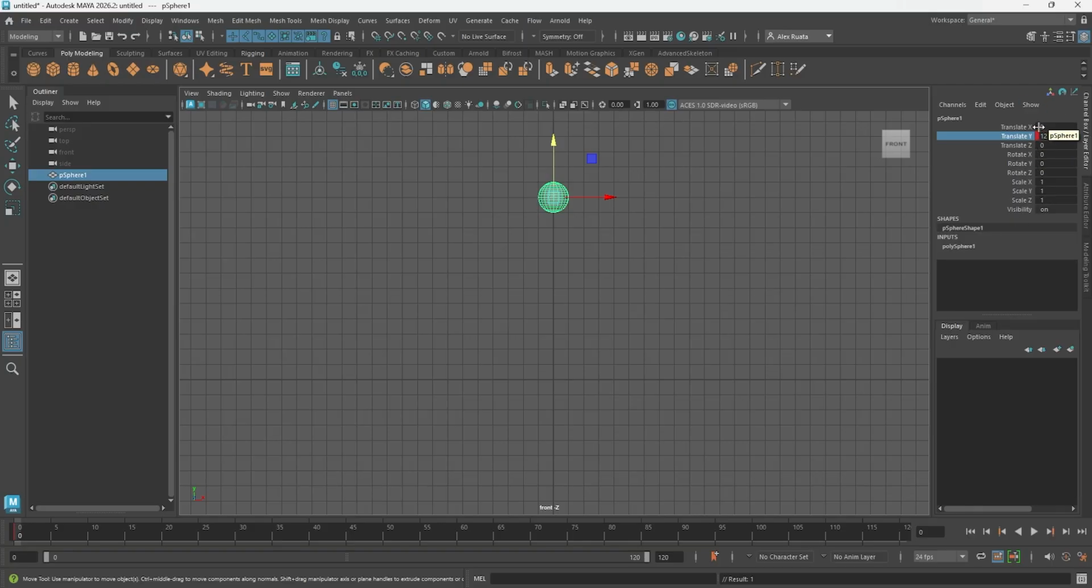And at this point now, I can key just the Y and nothing else. But of course, for the purposes of demo, we're going to go ahead and key everything. So I'm just going to press S to key everything, including this Y here. Next, we're going to jump over to frame 12, which will be when the ball hits the ground, so 0. Now press S again. And then we can go up to frame 24 and push this back up to 12,